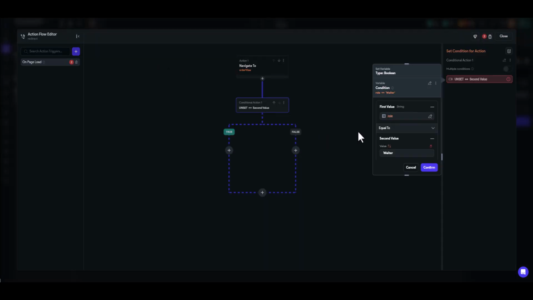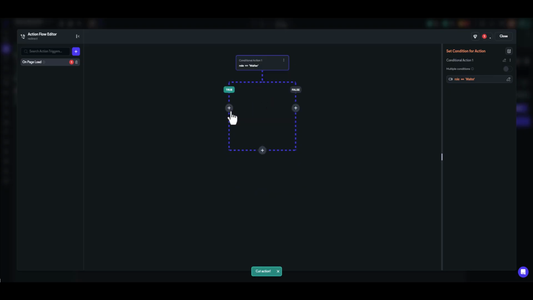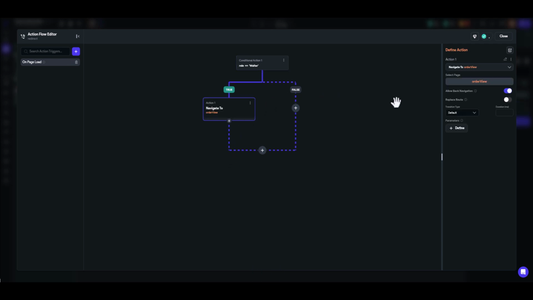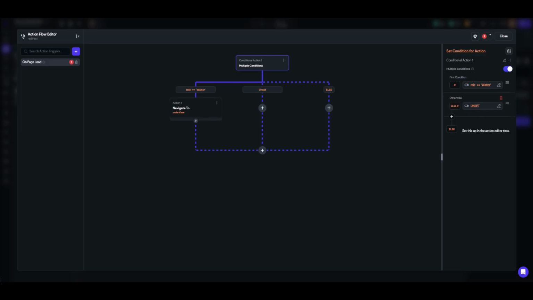Now we're going to put in some conditions there. So if the role is equal to waiter, we can confirm that. We can cut this, and if that's true, we're going to paste that here. Now we're going to switch on the conditional action. We're going to make that multiple, so we're going to do the same as that, except it's going to be role as waiter, bar, and kitchen. Do that over here. Else if,